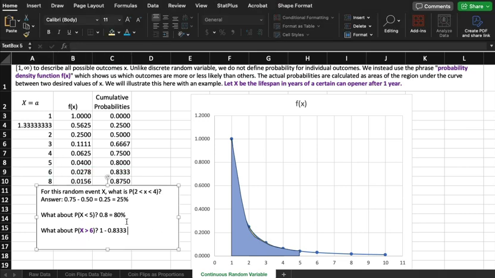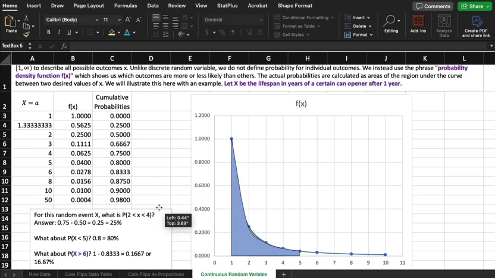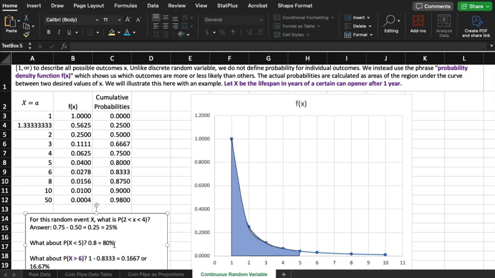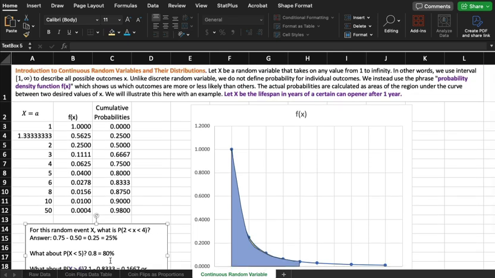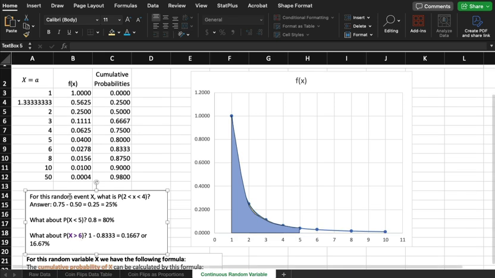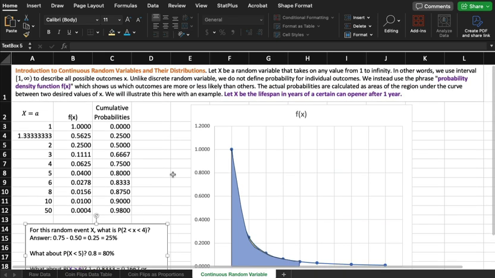So that equals 0.1667, or 16.67%. 16 and 2/3% of all can openers will last longer than 6 years. Okay. So that just gave you an example for each of the 3 types of calculations that we would need to make. The last thing that I want to do before we end this video is to just mention to you